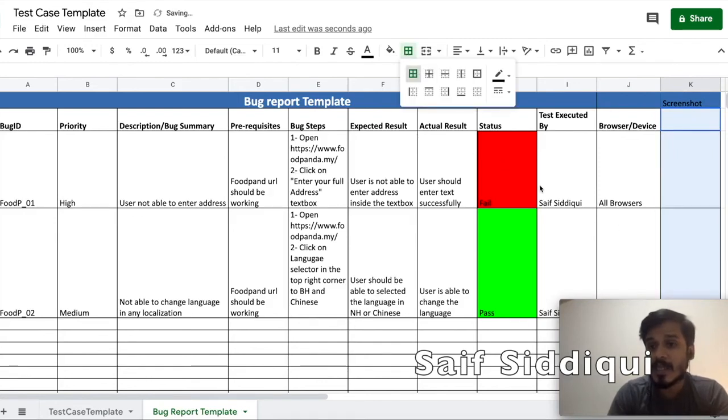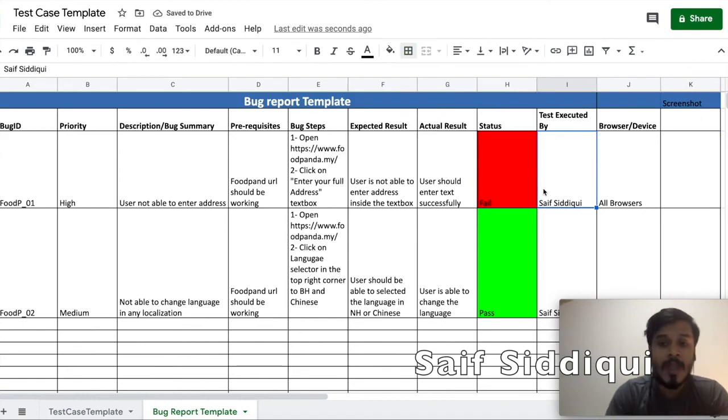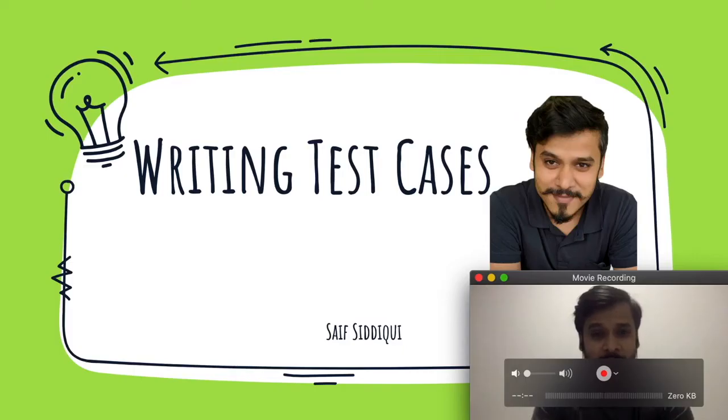So this is the thing that we need to keep in mind, how we can write and design test cases for web applications and mobile applications. Basically, we are going to see what are certain attributes for writing test cases, and also how we can write a good bug report and how we can design bug reports. For writing test cases, I believe you all should be aware of why we write test cases. So let's go on that first.